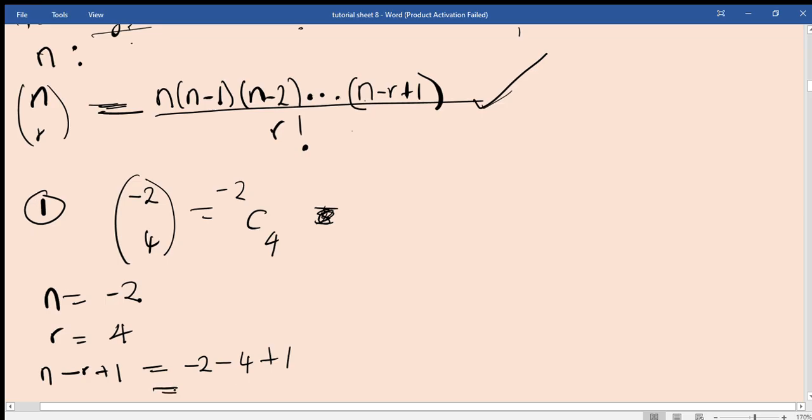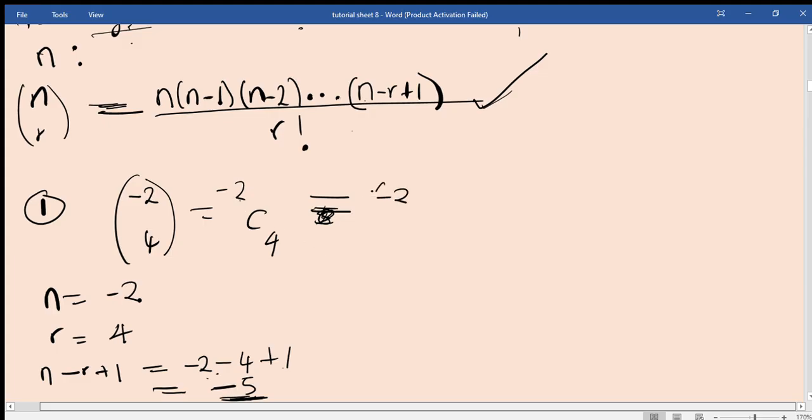Negative 2 minus 4, that's negative 6. Negative 6 plus 1, that will give me a negative 5. So it means that when I'm doing the product of the numerator here, I'm going to end at negative 5. That's where I'm going to end from. So when this is equal to that, we're talking about negative 2